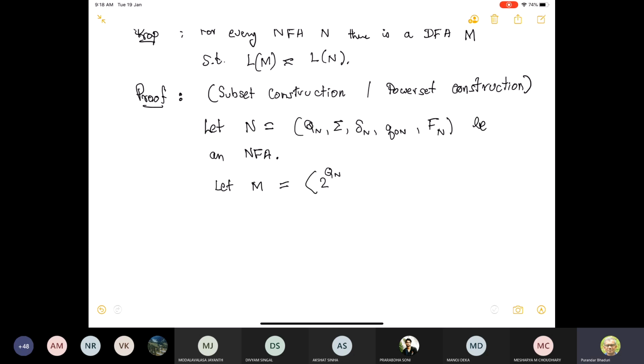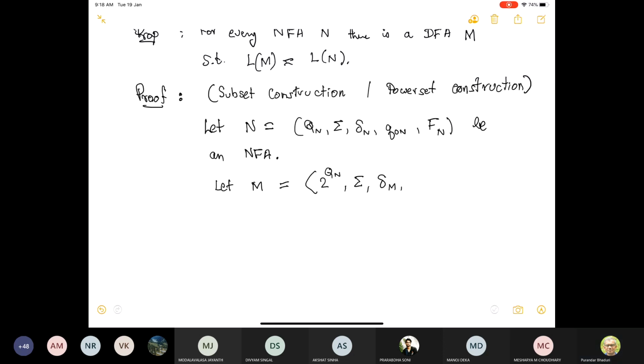And that is why the set of states here is the power set of Q_N. So a state here is a set of states of Q_N. That is the idea. Of course, we have to prove that these two accept the same language,